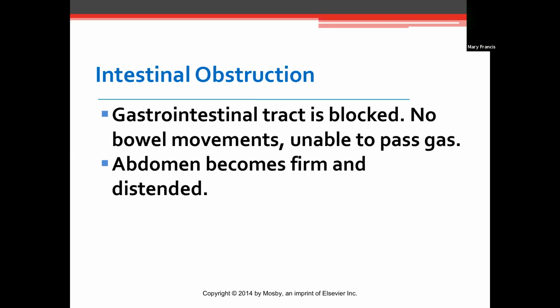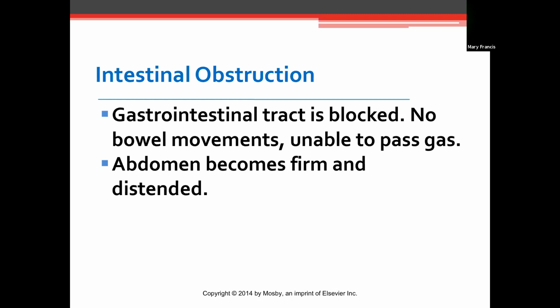Intestinal obstruction can be a potentially life-threatening condition. The major concern is the fluid and electrolyte deficiency and early recognition of deterioration of the patient's condition. Some of the things that can occur when a patient has an intestinal obstruction, otherwise known as a bowel obstruction, are hypovolemic shock from not enough fluid being processed through, or bowel strangulation.